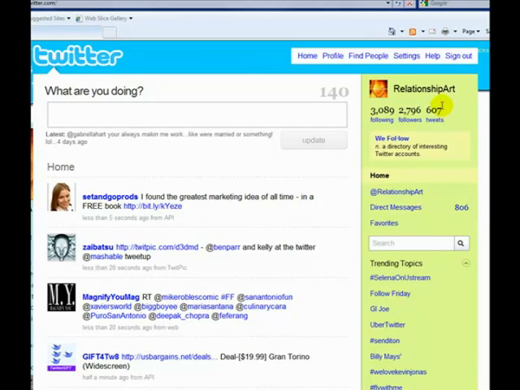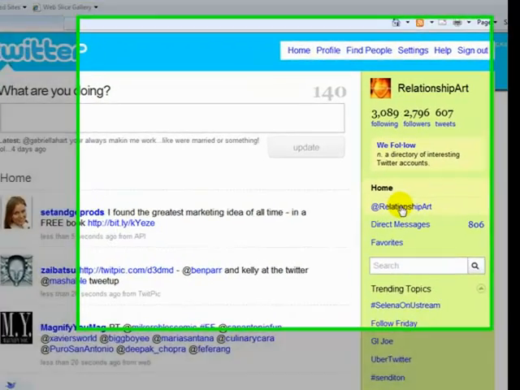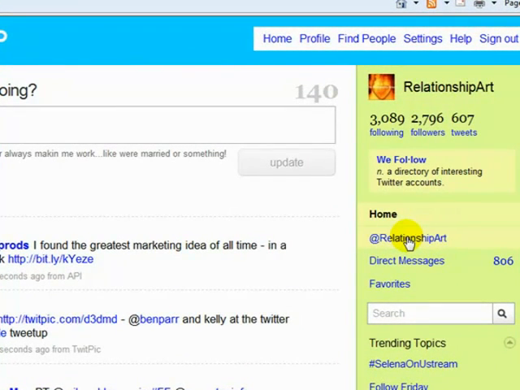In your basic account, we'll show your username and your little branding icon, how many people you're following, how many people are following you, and the number of tweets that you've sent out. This here, anything with the @ symbol, every time you put an @ symbol and a username, it highlights an alert